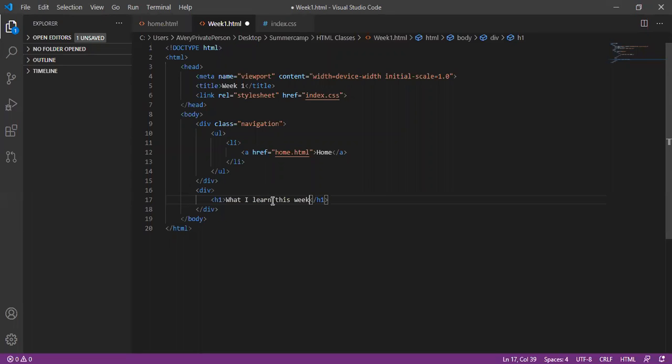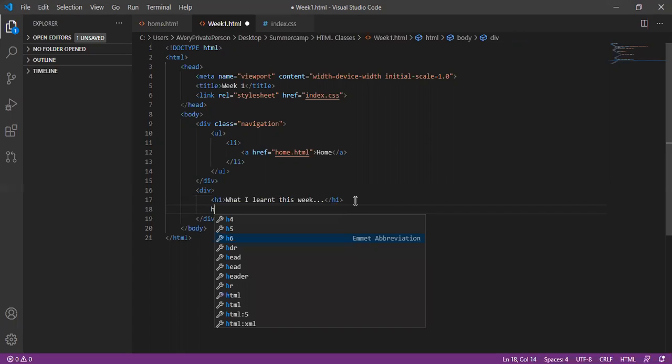So this is our HTML, this is our element content. We have element H1 and the content is what I learned this week. Now element H5, after H1, element H5, and the content is